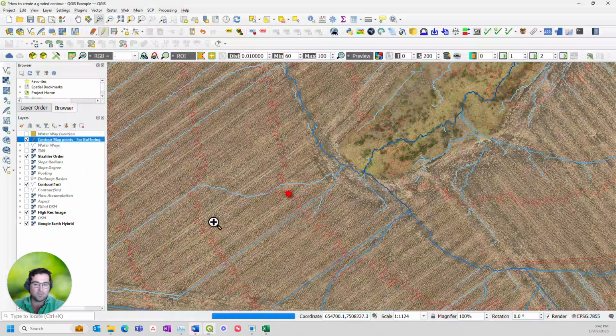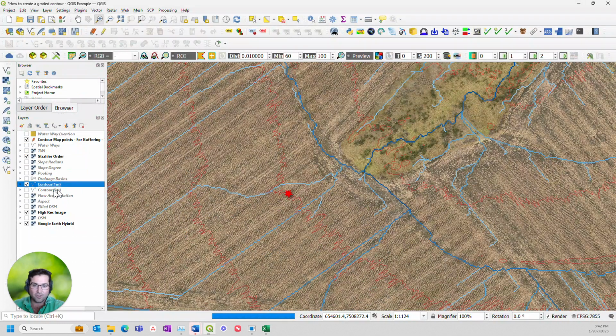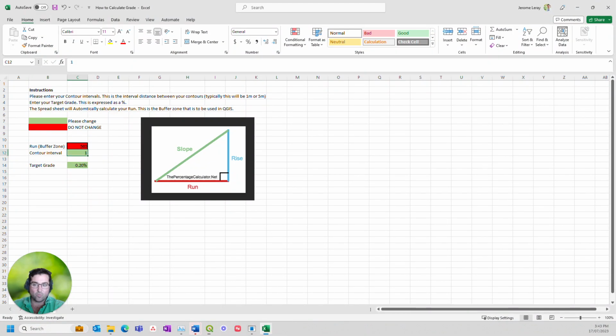And we know that because if we go to the contour map that we've highlighted, you can see that it says 1 metre. So we've put in 1 metre. And that's automatically calculated to say that the distance between the contours, you need to travel 500 metres along there to get to the next 1 metre contour to achieve a grade of